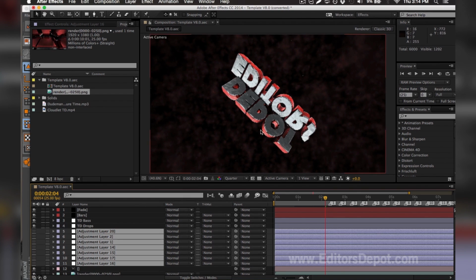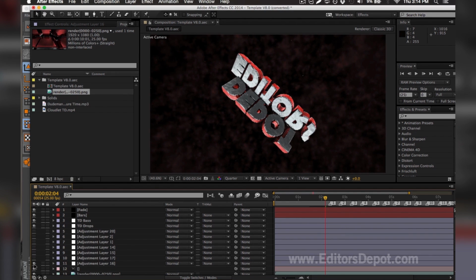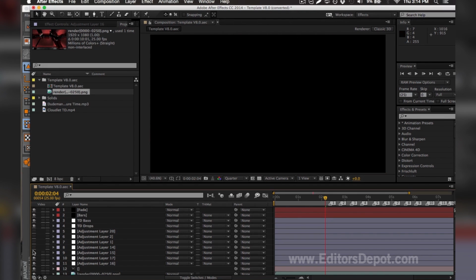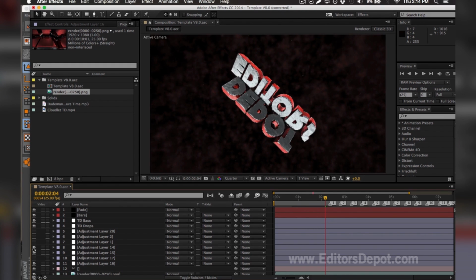As you can see here, one of these adjustment layers messed up the entire render, so I'm going to turn them on one by one. That one's fine, that one's fine. Oh, this one's the problem here. So you make sure you turn them back on